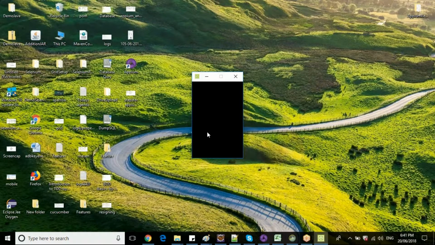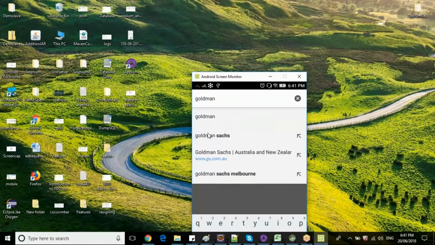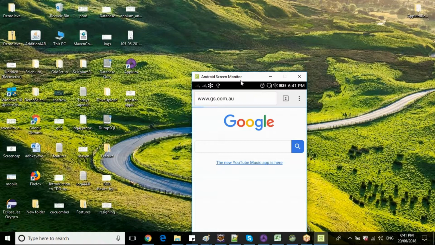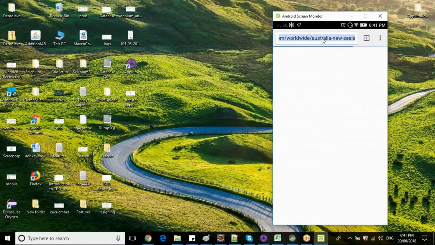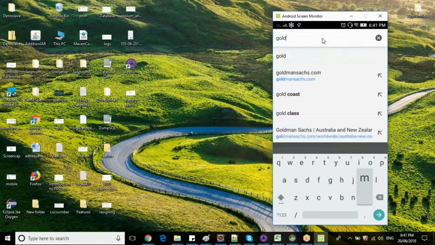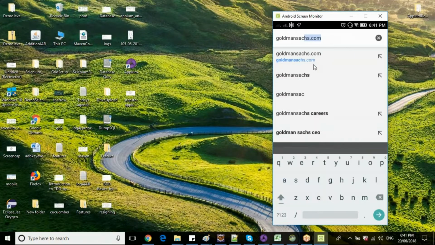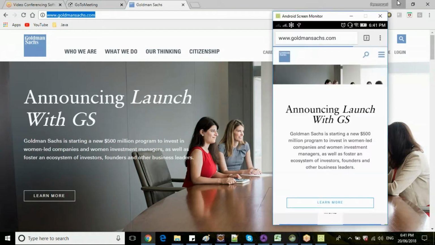If I'm typing the same URL, goldmansachs.com, so let me type Goldman Sachs only. Yeah, so I'm loading the same URL. The URL I loaded in the Chrome browser and the URL I loaded on mobile is the same.